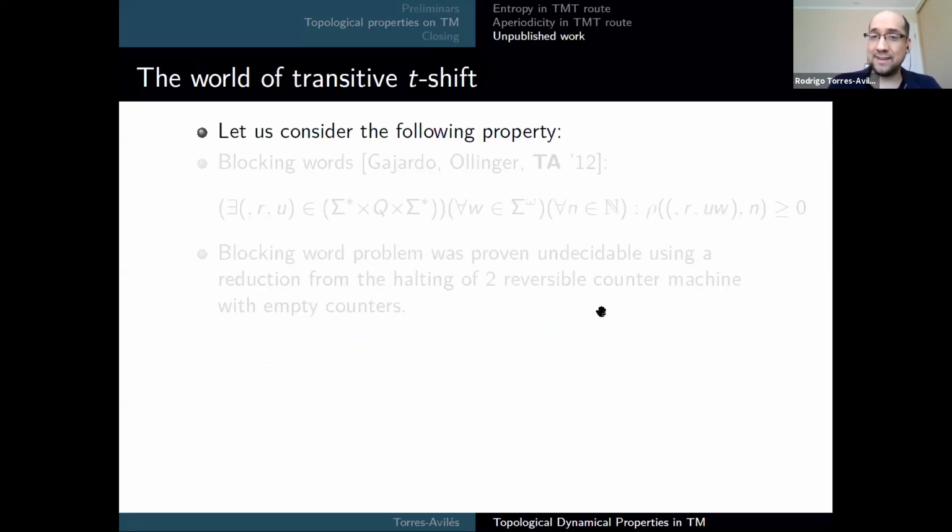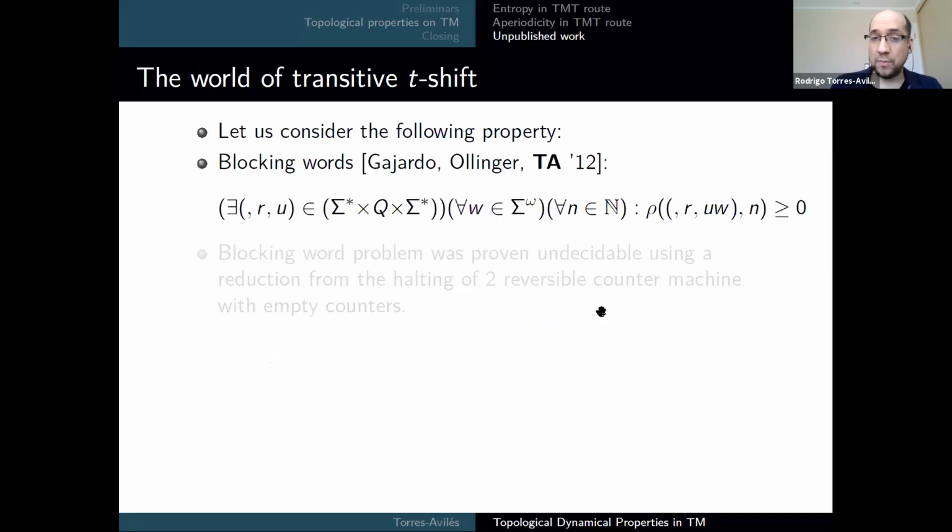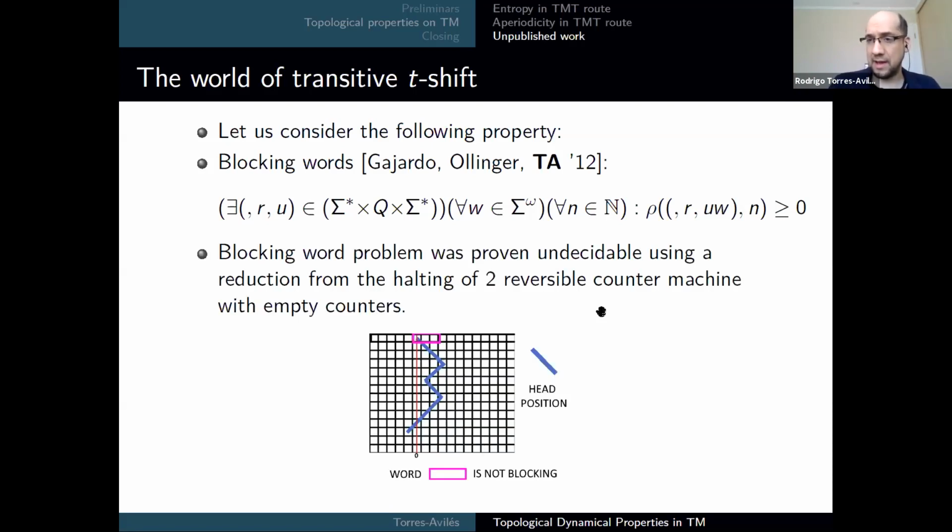Consider the following property, called blocking words. A blocking word is just a finite word or configuration such that, no matter what is put in the context of this finite configuration, it never gets position -1. Blocking words is an undecidable property and is proven